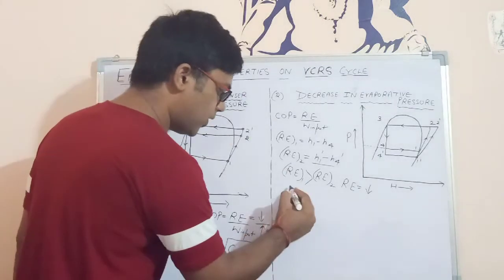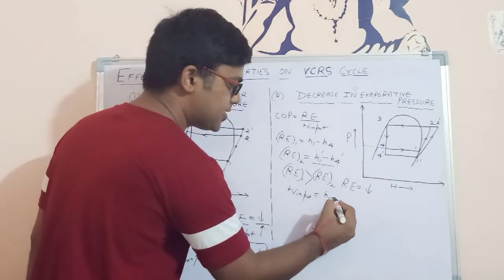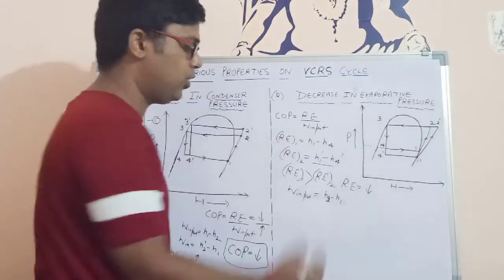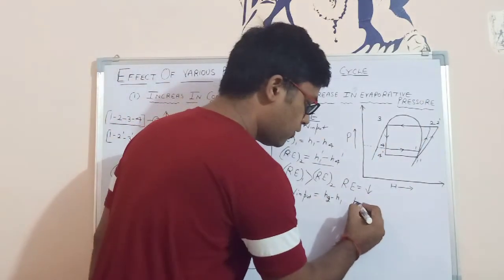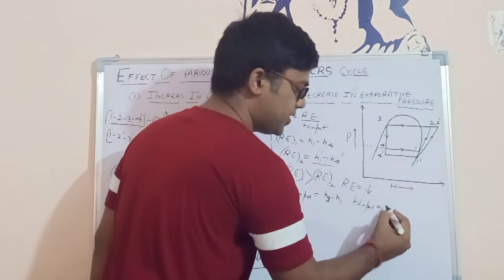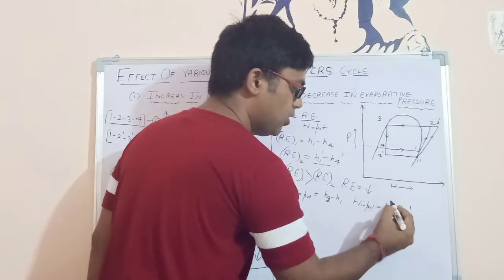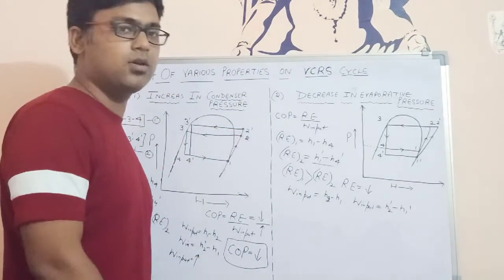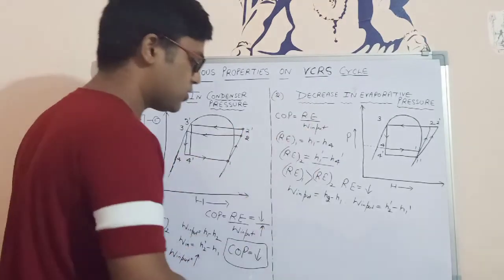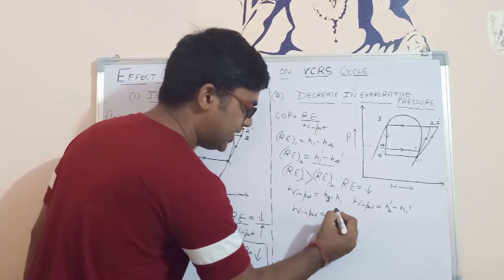Now second one, obviously what is the value of work input? So work input for case 1 is basically H2 minus H1 only, 1, 2, 3, 4. But for the new system, from 1 dash to 2 dash, it is H2 dash minus H1 dash. So here we can see that more work is required to run the compressor. Clear? It means power input or the work input required will be more in the second case. So obviously we can say that work input in this case is overall increasing.